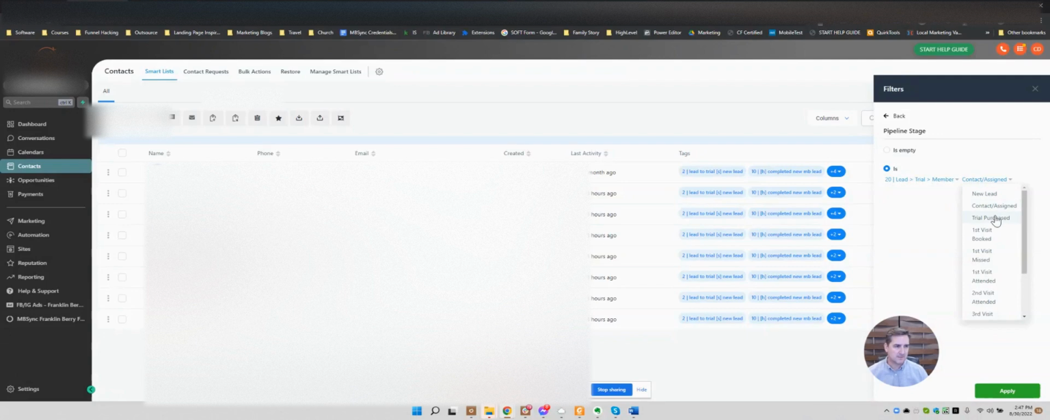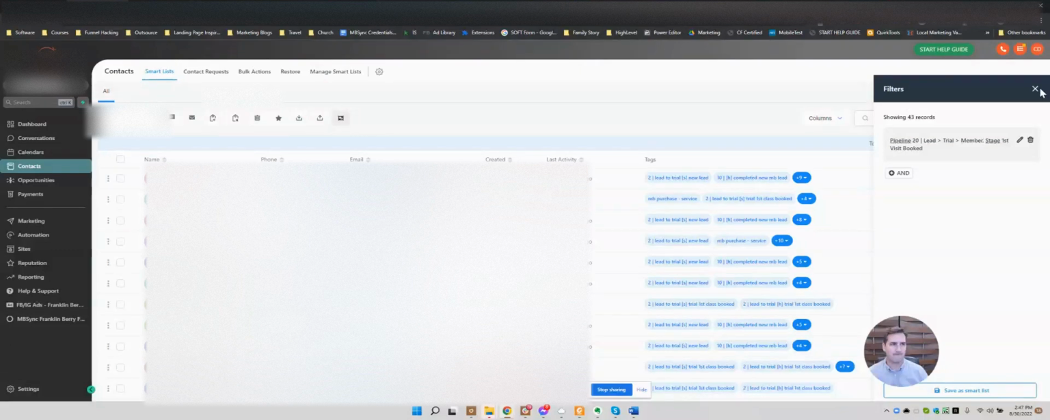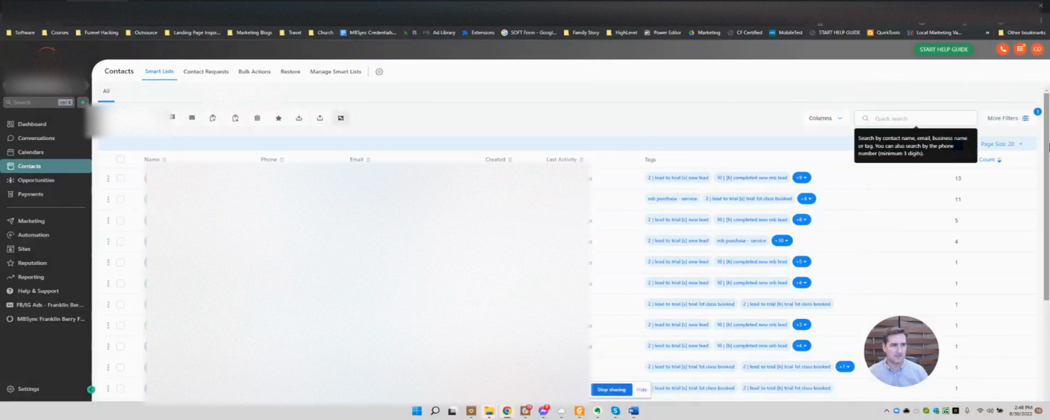Now I'm going to skip over trial purchase because I don't think they had any in there or not very many. Let's look in first visit booked. Usually a lot of these. Okay, and you can see by the class count, some of them definitely don't belong here. So these first 5,